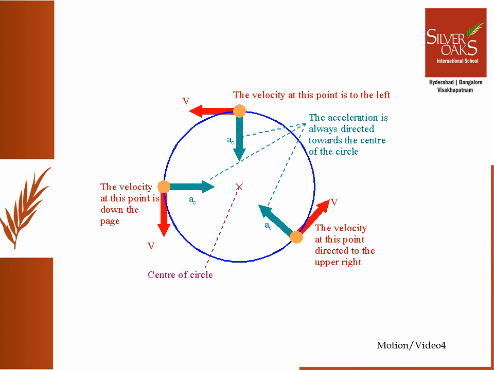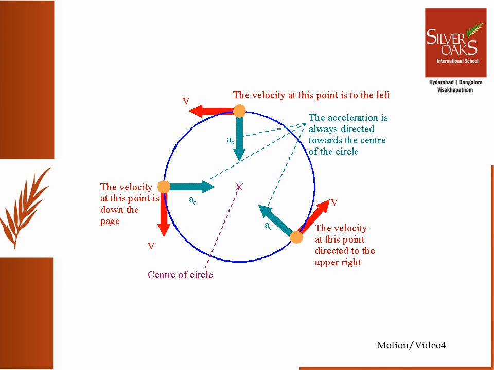If the athlete moves with constant speed along the circular path, the only change we will notice in his velocity is due to change in his direction because the speed is constant here. As you can see in the picture, the direction of the athlete is changing at every instant. If you go anti-clockwise, at the first point, his direction is west. At the next point, his direction is south. And at the third point, his direction is northeast.